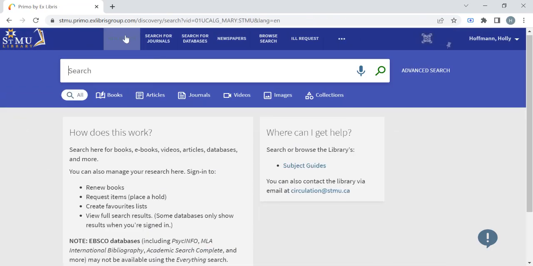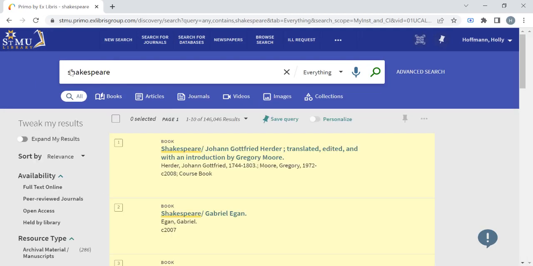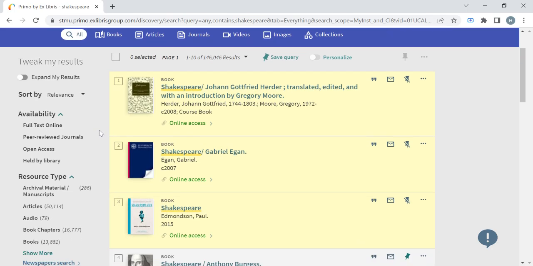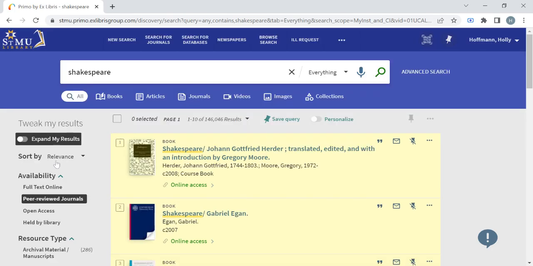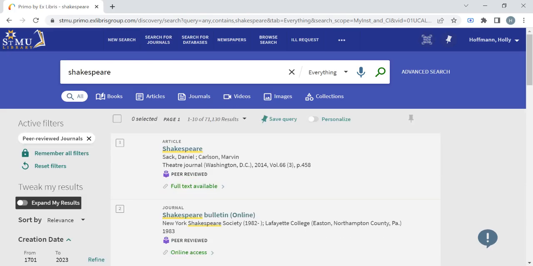So I'm going to start a new search and do a different way. For this, I'm going to use Shakespeare. If I click enter, it's going to give me all the results for Shakespeare because I have it set to all. Now, if you just click peer-reviewed journals, you might get a mixture of articles that are featured in that journal